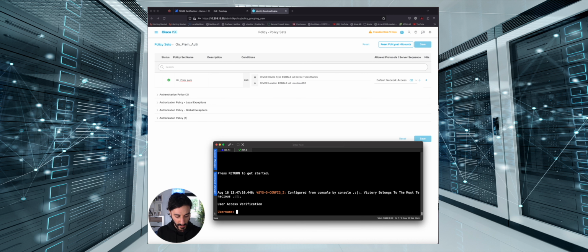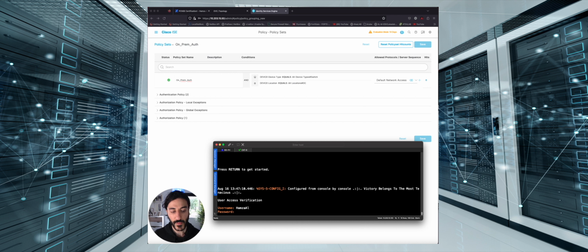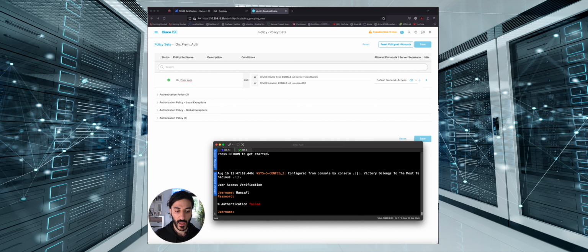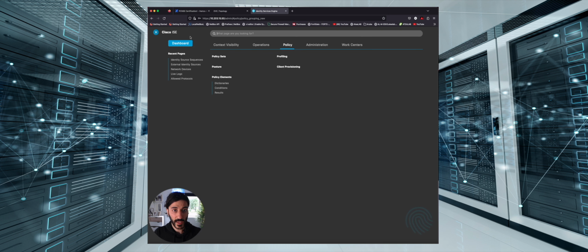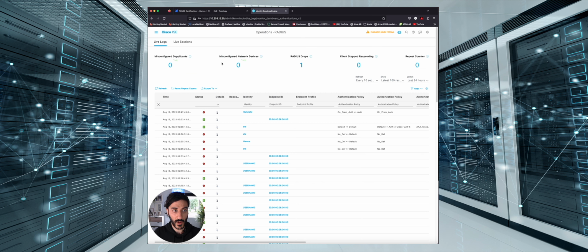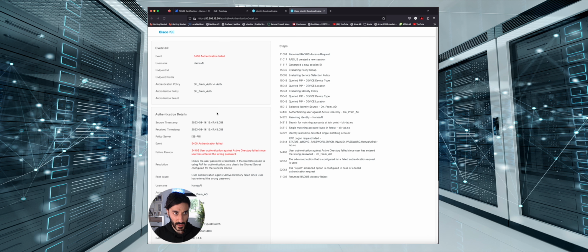So a username, and I have authentication failed. The authorization failed is because I haven't configured the authorization policy yet. So if I go to the live logs here, go to Operations, Live Logs, I can open this report here, and I can see authenticating user against Active Directory on-prem, resolving identity, search match at join point, single match account found in forest, and I have a password error. Okay,